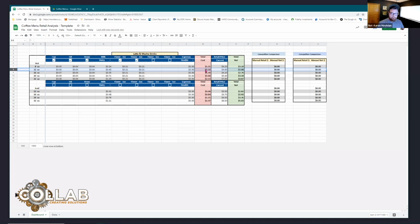So $1.32 to make the drink. Maybe add another 25 to 30 cents for a person making that drink, your labor. And if my current retail price is $4 for that, I should be netting $2.68, which is pretty good. I want to effectively double my cost. I don't want to just break even. I want my net to be double what it cost me to make that,